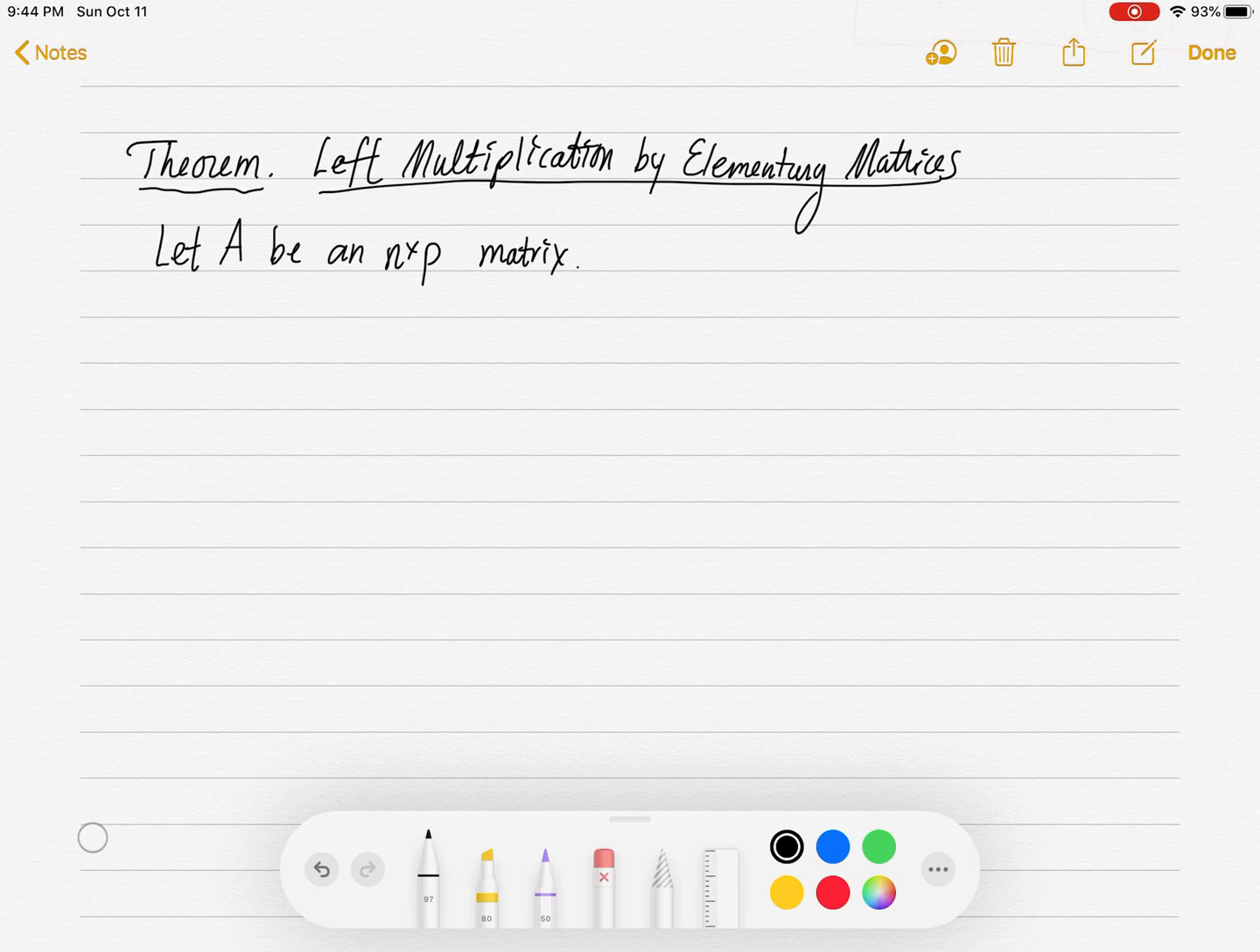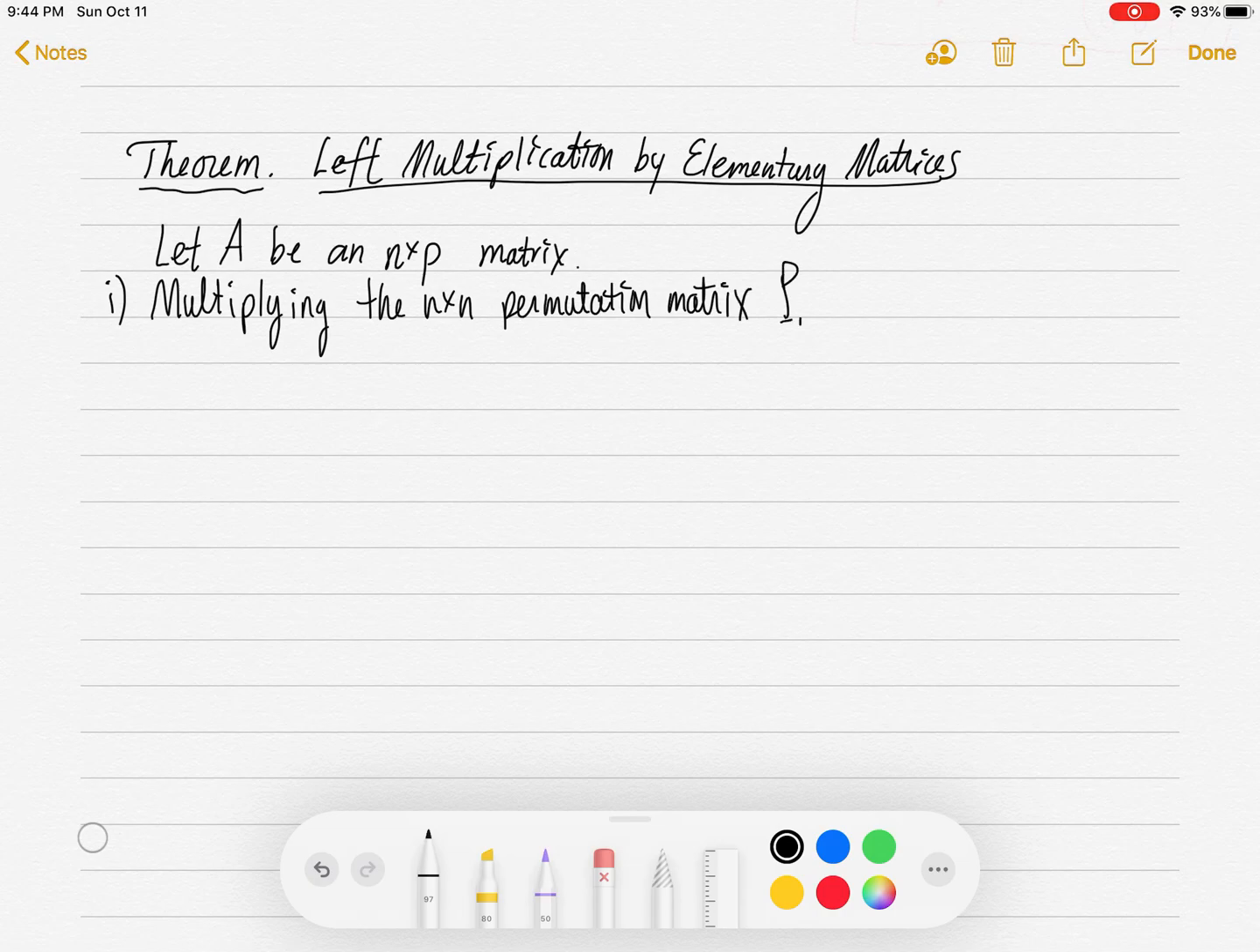We're going to say let A be an n by p matrix. So our elementary matrices are going to be n by n. So we're going to have an n by n matrix times an n by p matrix. So what happens when you multiply a permutation matrix times A? So multiplying the n by n permutation matrix